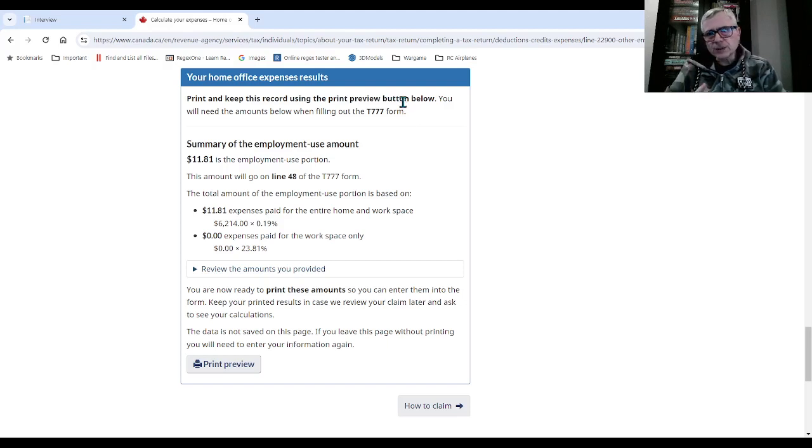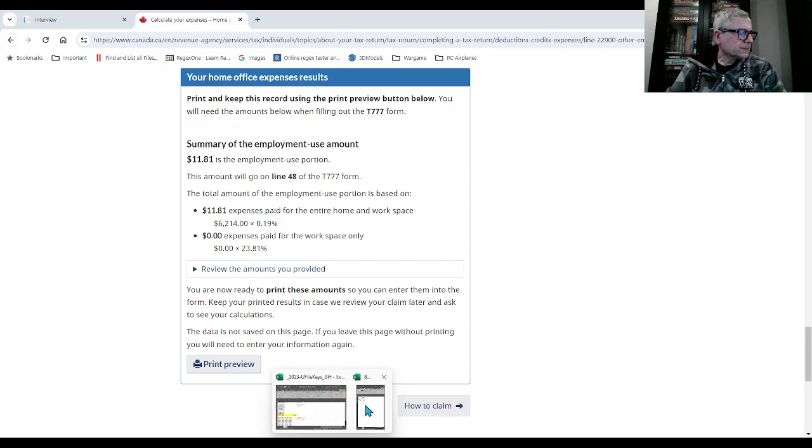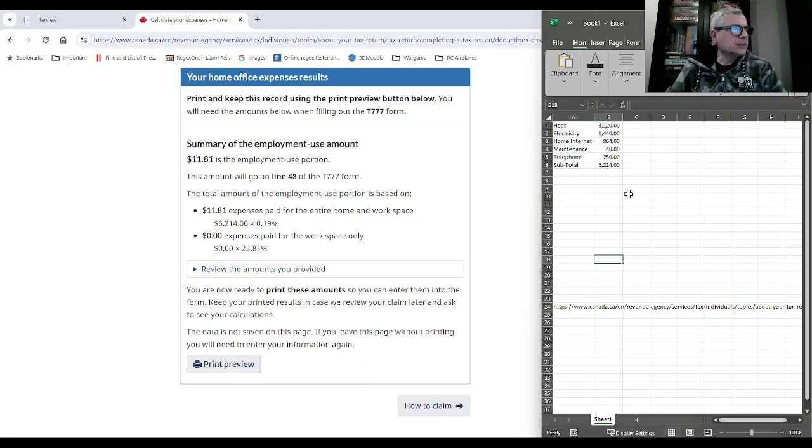Now, if you find this reasonable, what you need to do, go back to your Excel sheet and put an equal sign, 11.81 is your reasonable amount, okay?